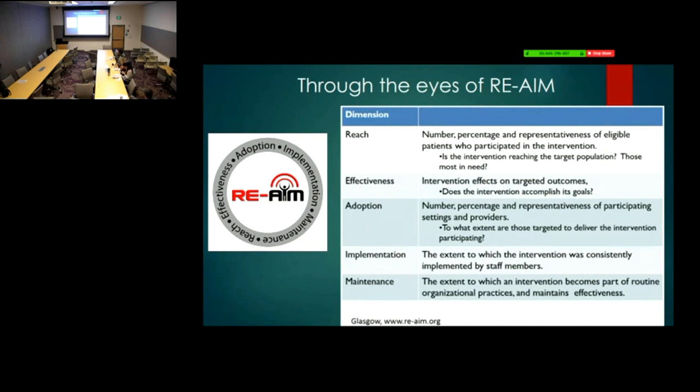Implementation is all the stuff that happens. So at those 3 hospitals with those 10 physicians, do they actually do it like they're supposed to? Or did they not do it like they're supposed to? Whatever that is. I don't know. How much does this thing cost? If it takes you 20 minutes to do this, and 20 minutes of you costs X number of dollars, and you multiply that by all the physicians that are doing it. 3 hospitals, 300 physicians.